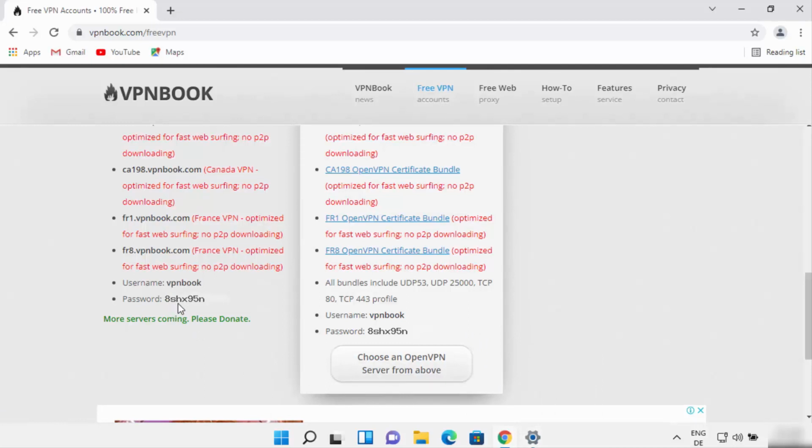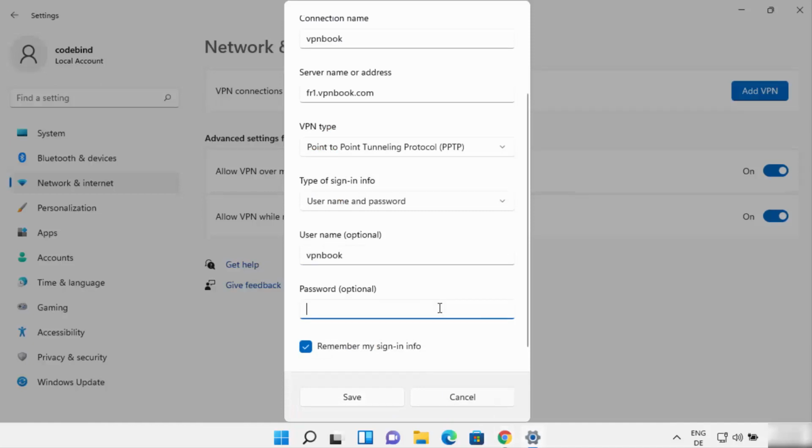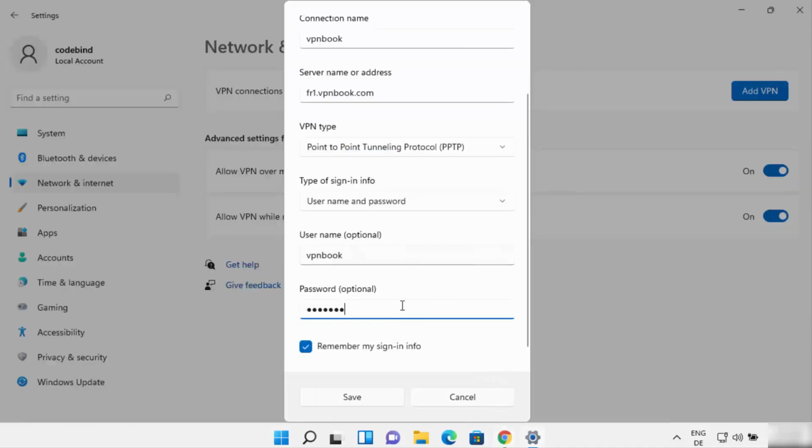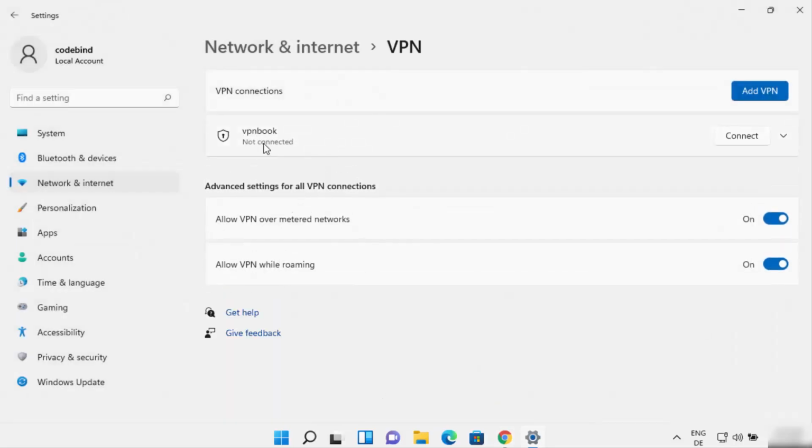So this is 8SHX95N. I'm going to just type this 8SHX95N. In my case, I can just view this 8SHX95N, and this is 8SHX95N. Once you have provided all the required configuration, you can click on save, which is going to create a